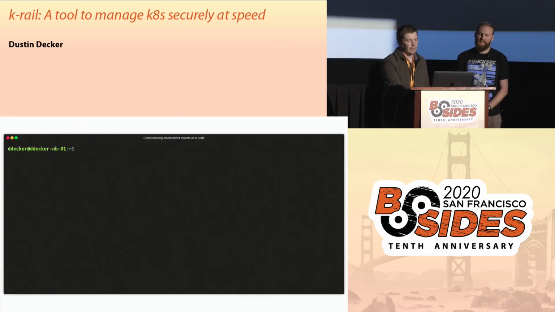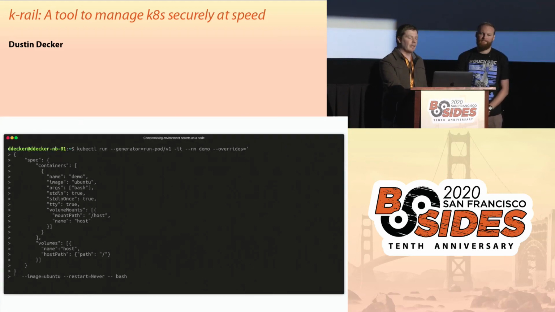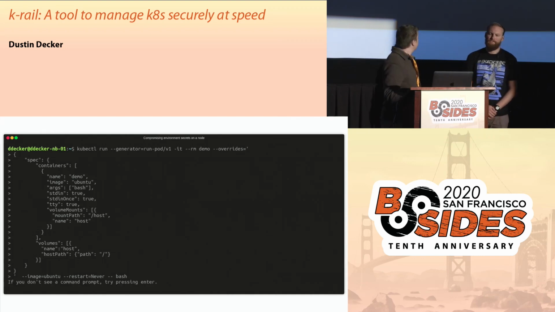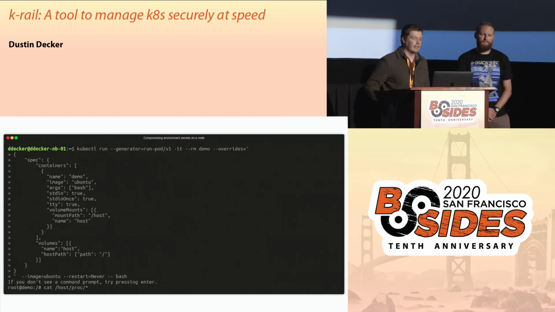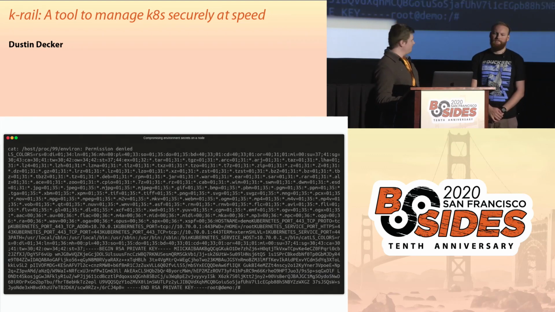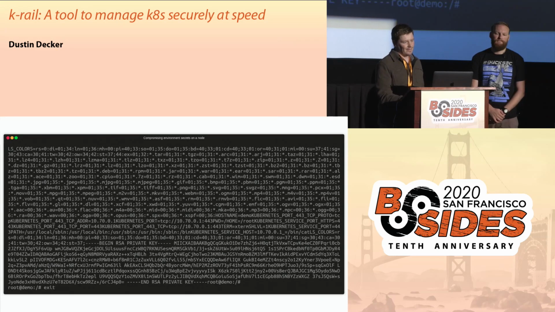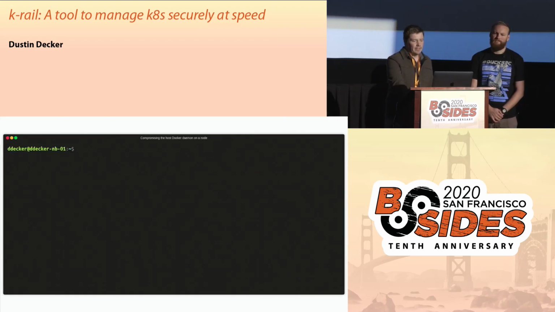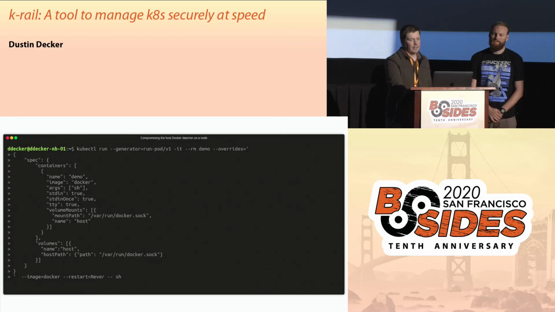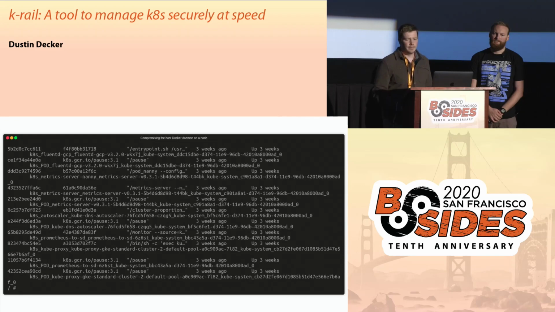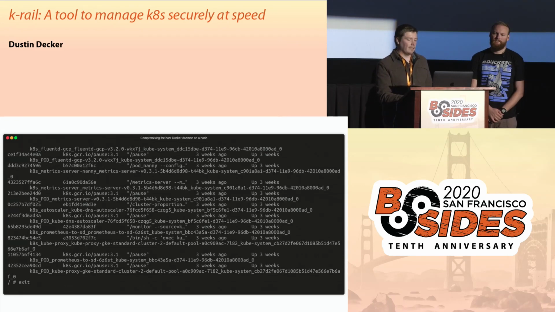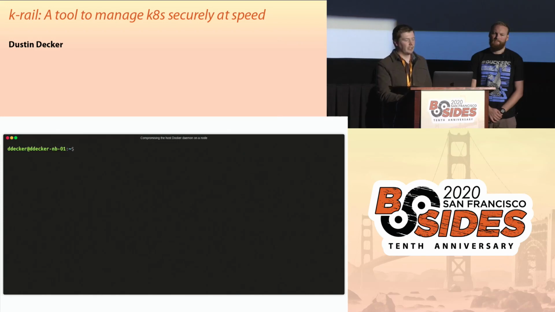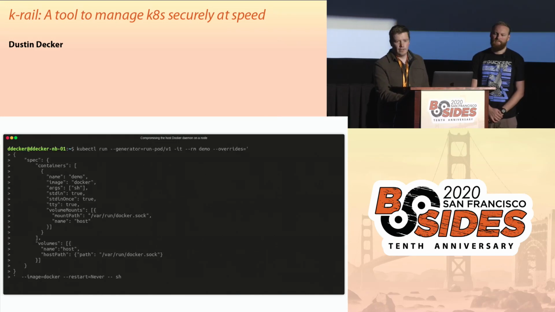So here's a demo of using host path, or also called bind mounts, to mount the host file system. And it's used to enumerate every process's environment variables, which can often contain secrets. Have you spotted one? There's a private key in there. Another common practice is escalation through a Docker socket that's mounted. This is commonly mounted for building containers using the host Docker daemon. And this is bad because it gives full API access to the host Docker daemon, which can then be used to spin up new workloads and escalate access.